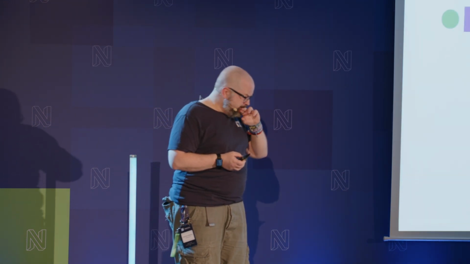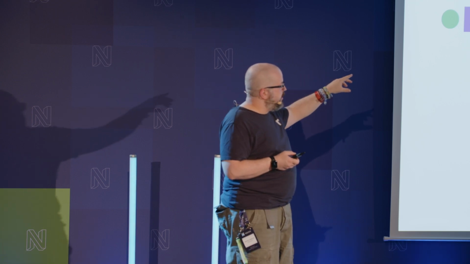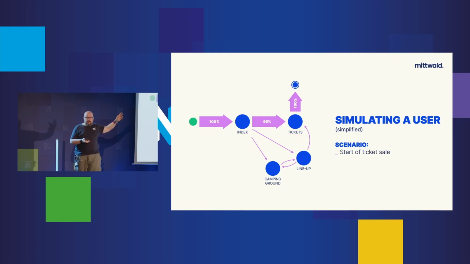In the case of the ticket sale, this is the scenario that we modeled. We assumed, or rather we knew, because we had access log analysis and could infer from that how users were behaving, that most visitors during a ticket sale would head straight to the ticket page. And we weren't even hosting the ticket shop itself. That was a SaaS service hosted externally, but people were still hitting the festival site and then navigating their way through to that ticket shop. And we assumed that a certain small percentage of users would also randomly navigate around the site for a bit before finally heading to the ticket sale. That was one scenario. We also had other scenarios.